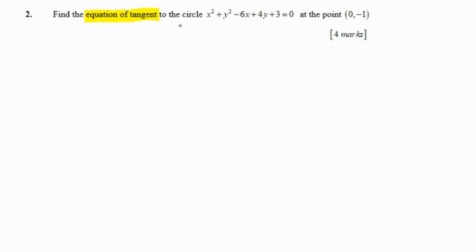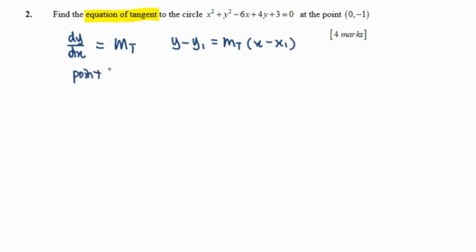When we differentiate our equation with respect to x, dy/dx will equal the gradient of the tangent. So for the gradient of the tangent, we want to build out our equation of the tangent. We need the formula y minus y coordinate equals the gradient of the tangent times x minus x coordinate, where the point here will be (0, -1). So first of all, from the equation of the circle,